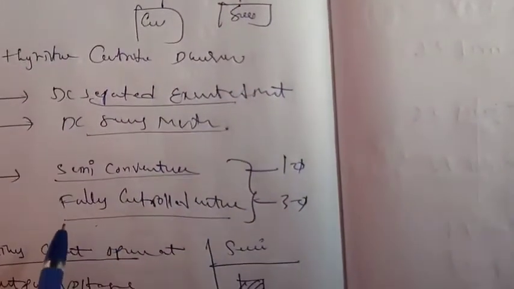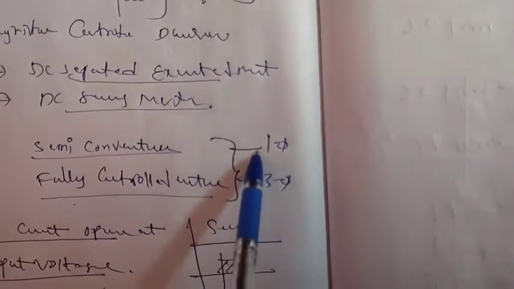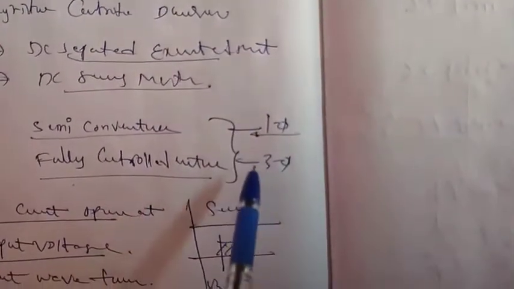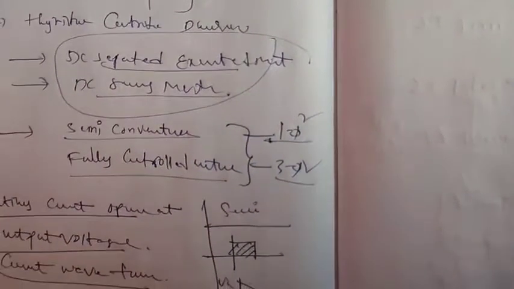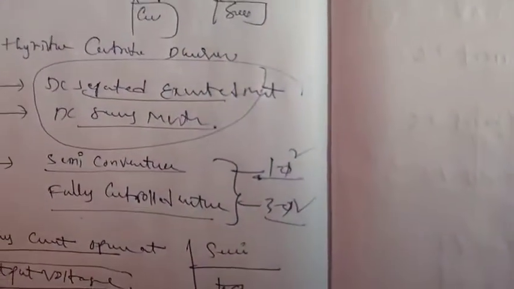We can conclude that. Similarly, in a separately excited motor, the flux is constant. In a series motor, flux is not constant. In semi converter and fully controlled converter, we have continuous and discontinuous operation. We can feed a single phase supply as well as three phase supply. The characteristics of these two are the same, whether you feed single phase or three phase. That only changes the output voltage.